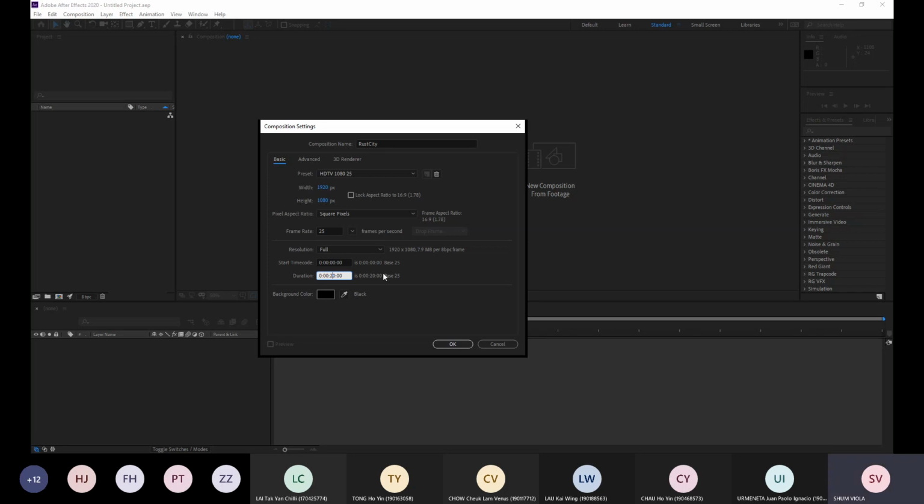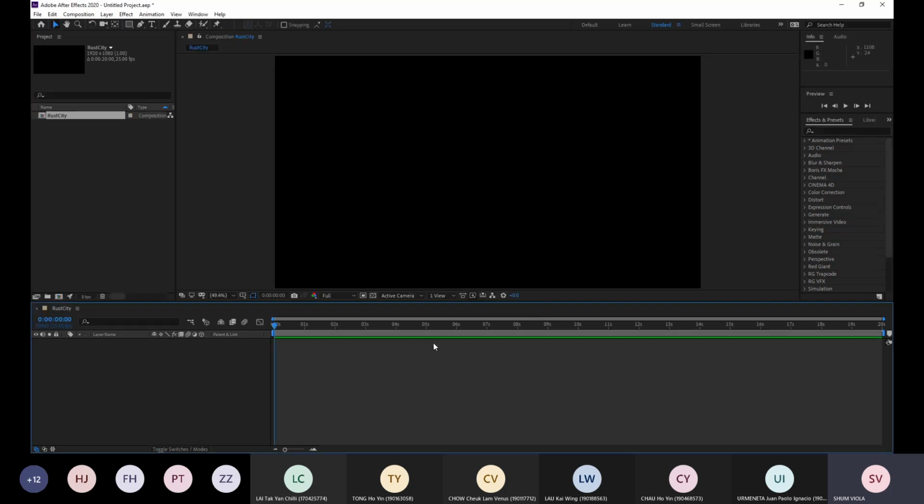But if you find that you need a longer time, you can just change it later. If you find that 20 seconds is not enough, you can change it later. Okay, then we click OK, and firstly we will use the text, I mean the type